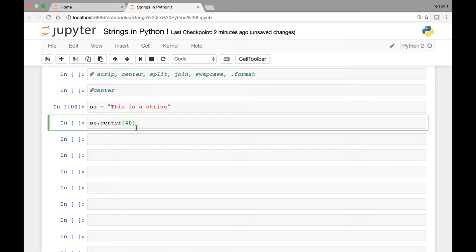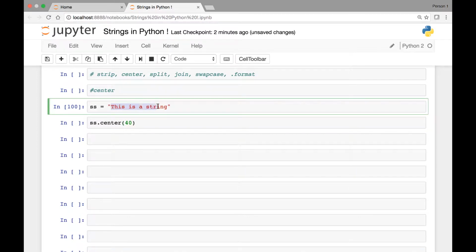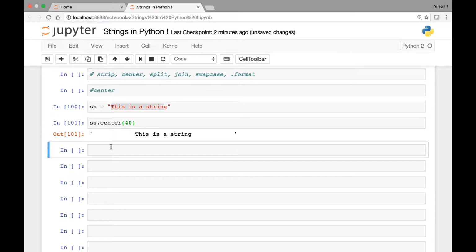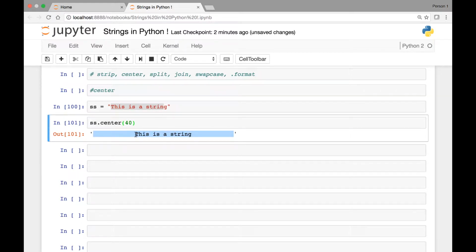So this method will center our string in a given length of 40. So let me run it and show you. So the whole length of the string is 40, and our string ss, this is a string, is centered in the given